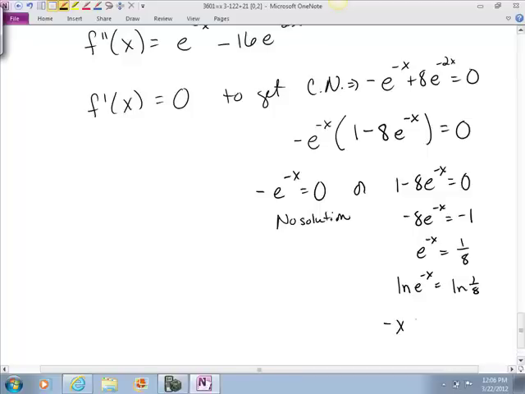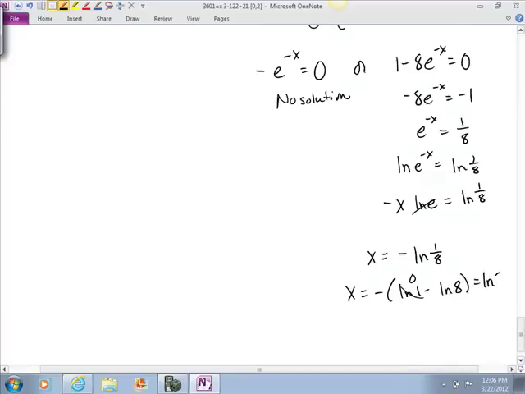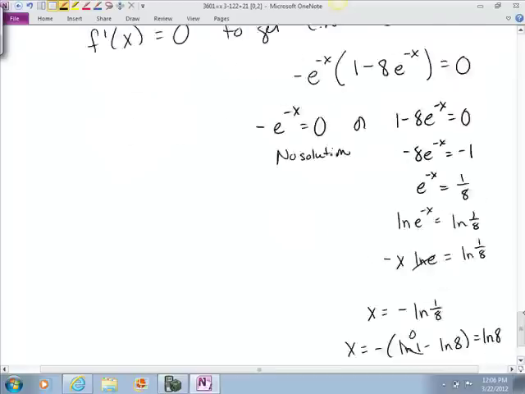So this is negative x ln e is equal to ln 1/8. And the ln of e is just 1. And then we can bring the negative over. So you get x equals negative ln 1/8. But this is a little cleaner to think of as, you remember the quotient rule? This is the ln of 1 minus the ln of 8. But the ln of 1 is 0. And so this is actually just equal to the ln of 8. It's a lot of work to get to the critical number, right? Once we know the critical number,